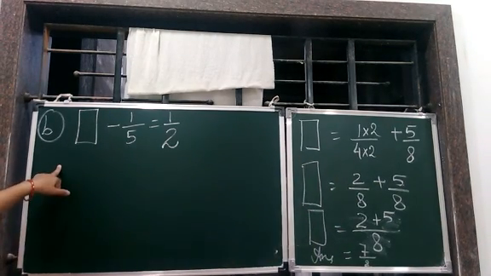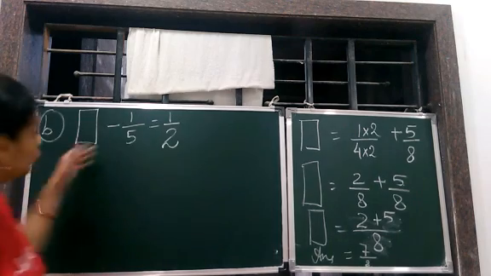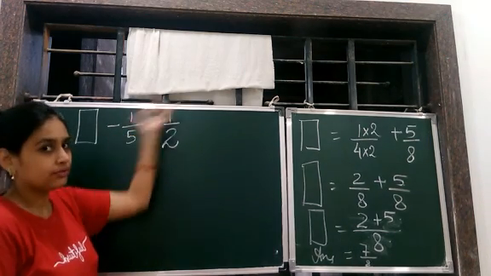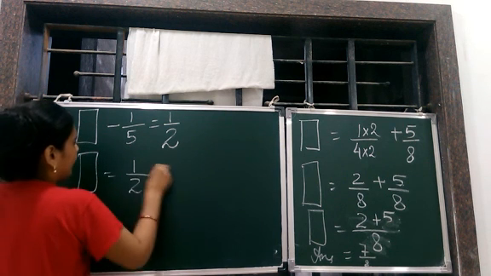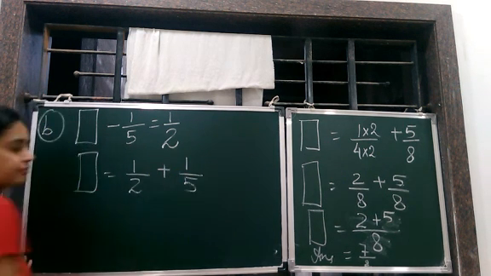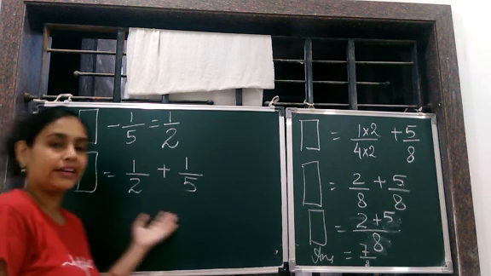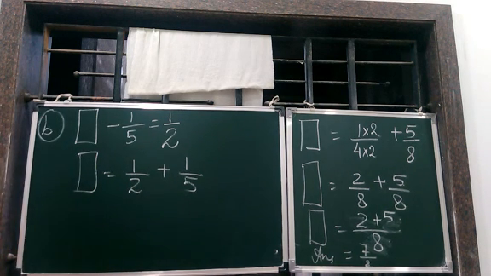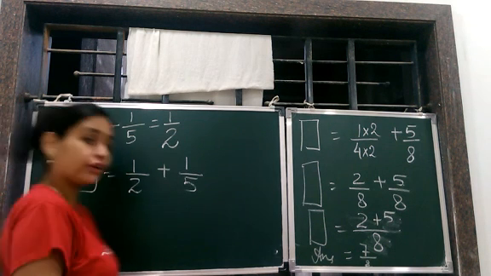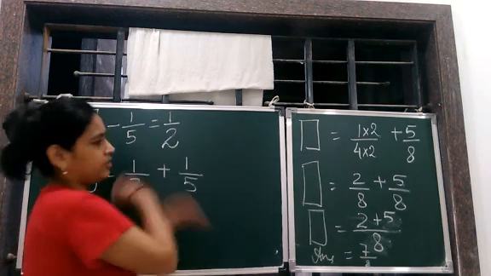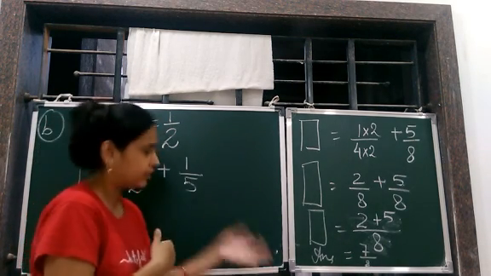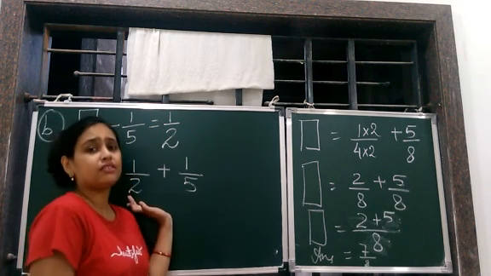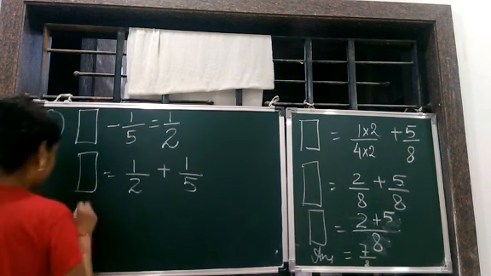It is just like A. Yes, just like A. So what to do? Shift this here, right? So let's do it. Now what? Check the denominators. Are the denominators same, children? No. You have to make them same. Now what to do? Again you will say, ma'am, interchanging, since there are only two fractions, simply we interchange and multiply. So that's correct. We will interchange and multiply because this will not use the common factor method.